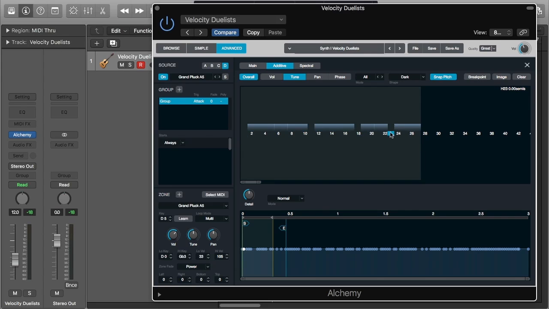And when I try to edit that, you see that everything else kind of snaps and adjusts to, no matter how I move it, a pitch that will best be suited for it. And this is something that Alchemy is calculating, so I can't really tell you why it does that, but I guess you will have to trust the program to do that for you